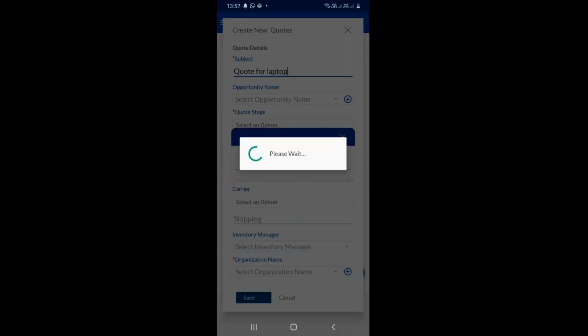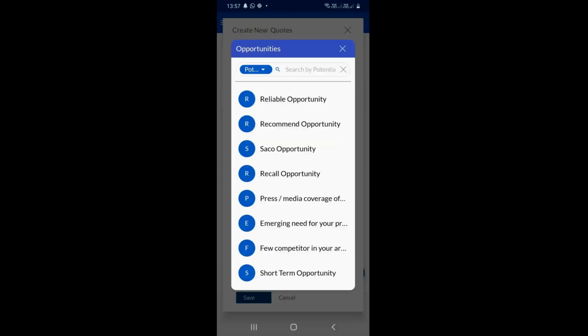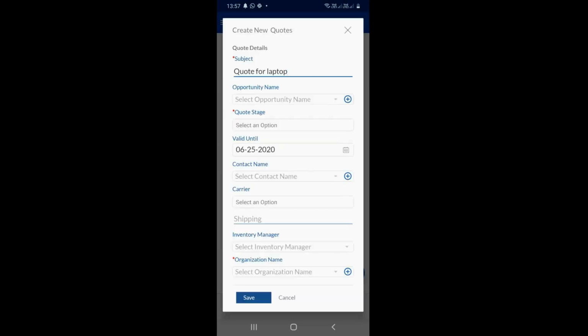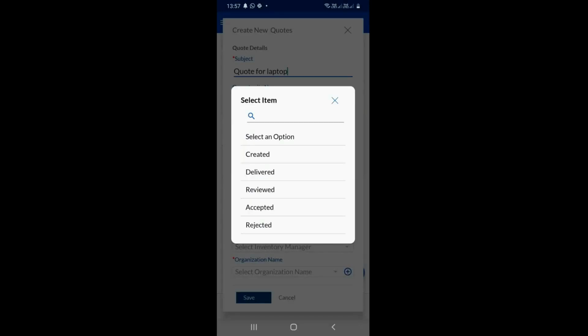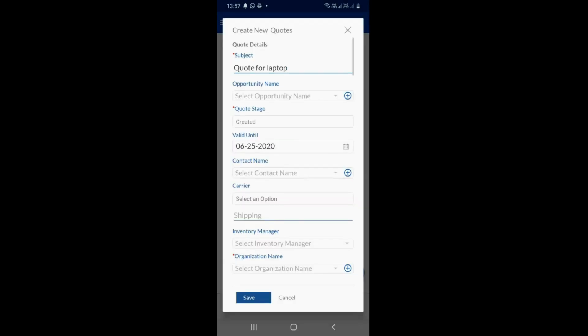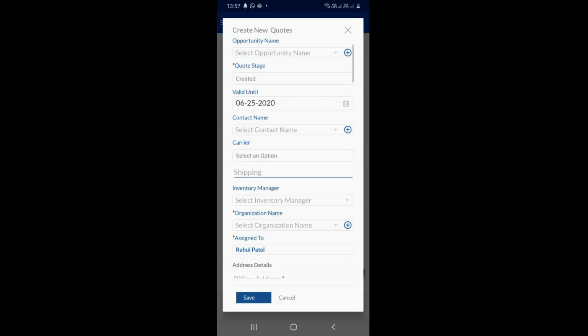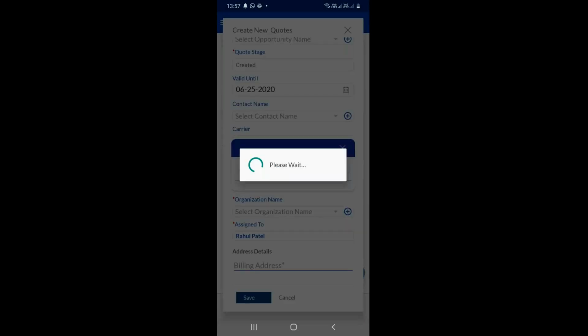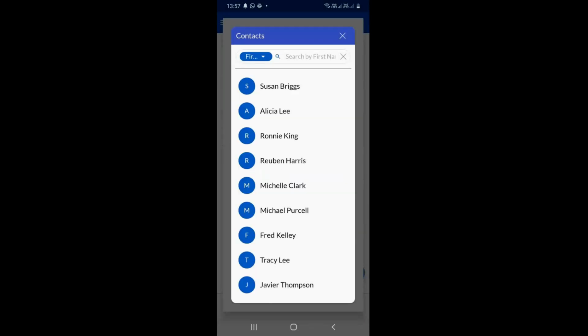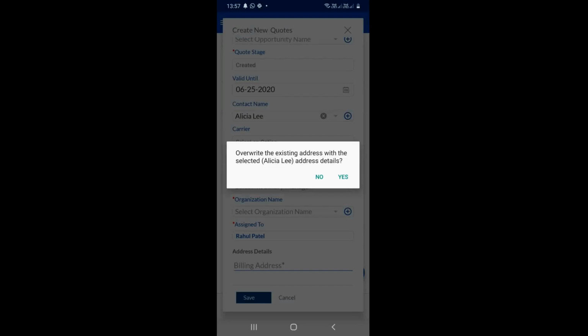Now let me select the organization. I'm selecting the opportunity. Let me select the stage to create it. Alicia Lee, that is one of the contacts. And it asks me to override the existing address.